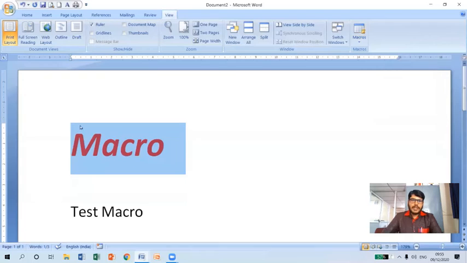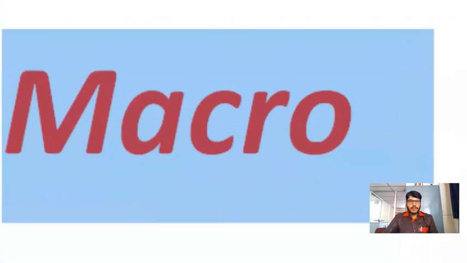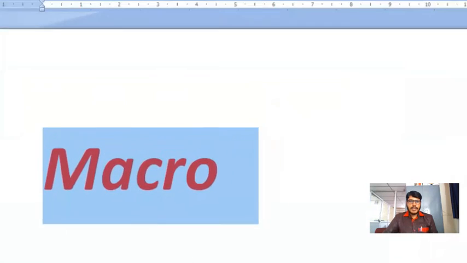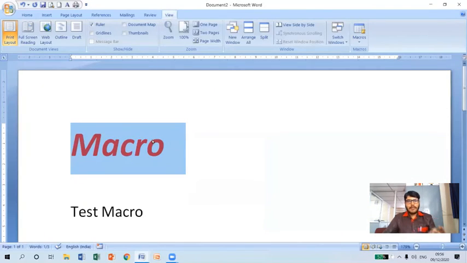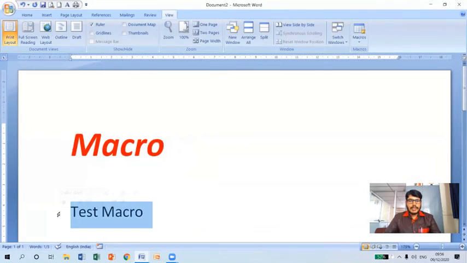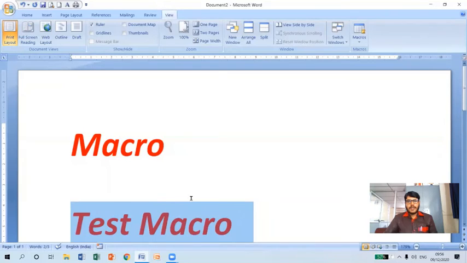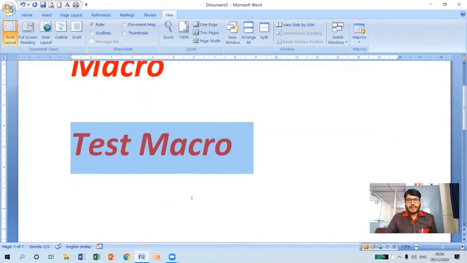Now, whatever sequence of operations I have performed on this particular text, I want to apply the same macro to the test macro word also. For that, I have already assigned a shortcut key. First we need to select this, and the shortcut key we have assigned is Control Q. So I am going to use the same shortcut key, Control Q. See here, look at the magic.